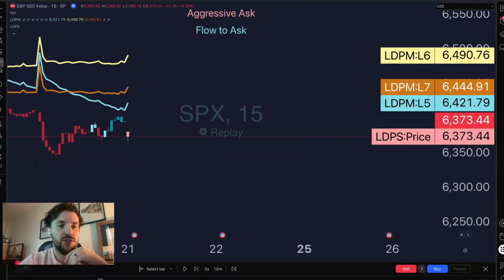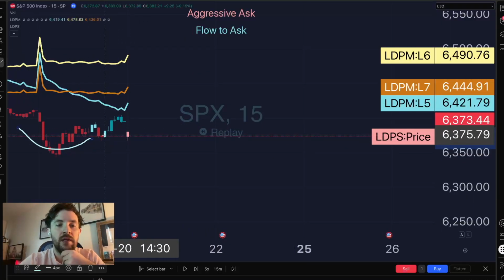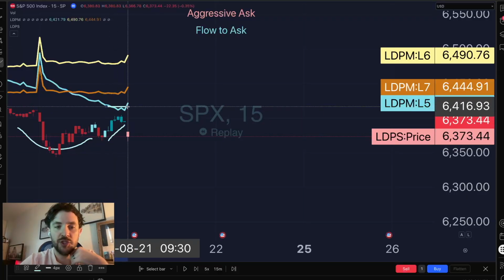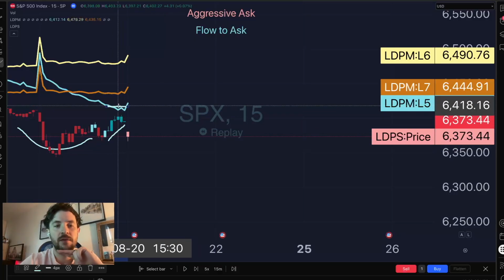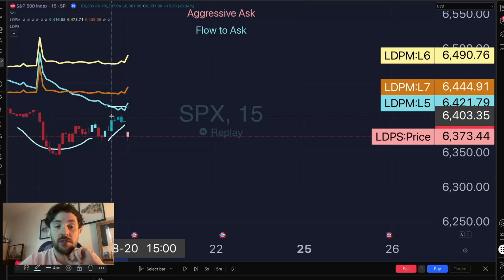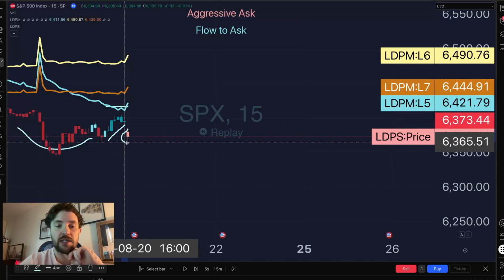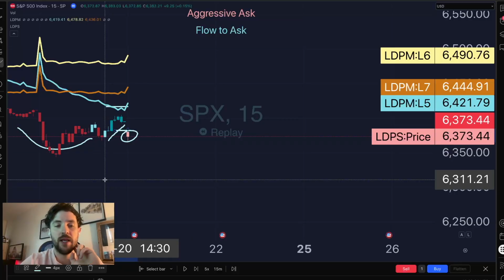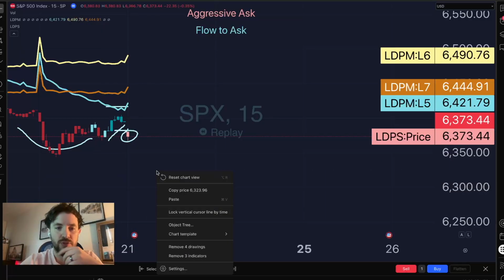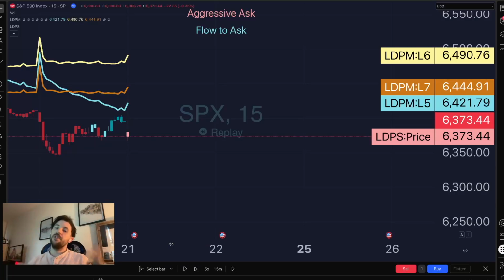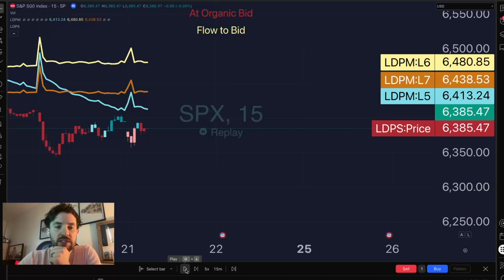We do have this bearish liquidity. It did get bullish for a second. It looks like we just tried to pass LDPM L5, this resistance here. It failed, was not a successful crossover, and one of the results is that now we have a bearish candle printing. So we open up TradingView, we see this, and already we should know the main gist is that things are bearish. We failed a bullish crossover, and so downside is the most likely. So if we continue, we see a